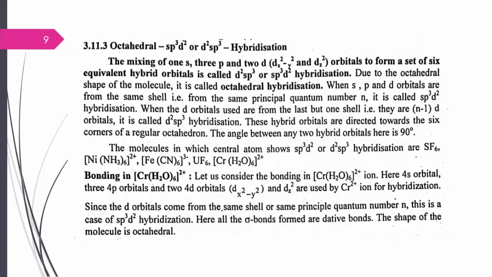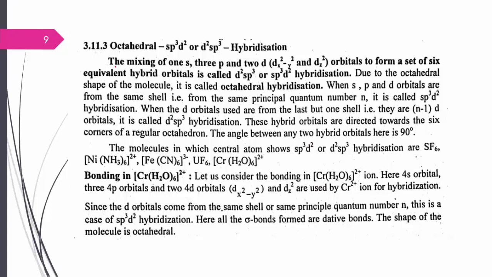Here we can see whether it is sp3d2 or d2sp3, which depends on whether it forms an inner orbital or an outer orbital of the d orbital. Whether it forms an inner orbital or outer orbital, the shape will be octahedral, because we require 2 d orbitals: one is dz square and one is dx square minus y square orbital. Therefore, it always forms a planar, it is in the plane. So a square planar plus 2 from the axial.